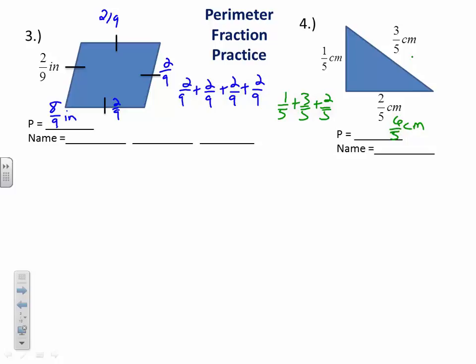Hopefully you know that that's not okay. 6/5 is not in simplest form. That is not a fraction that we like. That's called an improper fraction. We'll talk a lot about those in the future. So if I have something like 6/5,